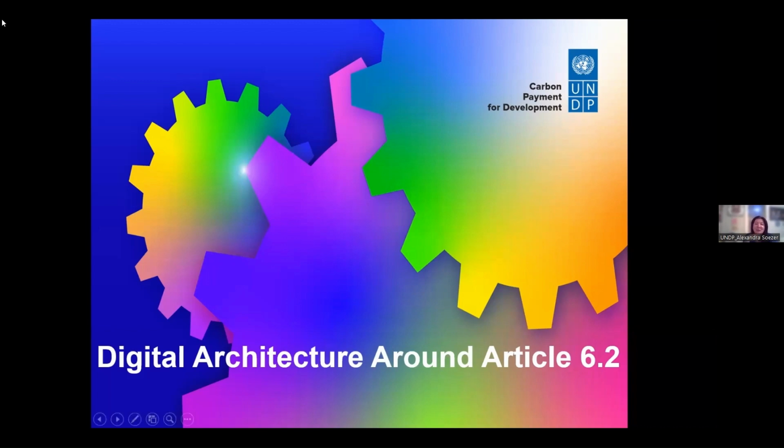And of course, for the opportunity to share UNDP's digital support for the operationalization of Article 6. UNDP, together with UNFCCC, the World Bank, EBRD, and AITA collaborate through the working group on Digital for Climate.